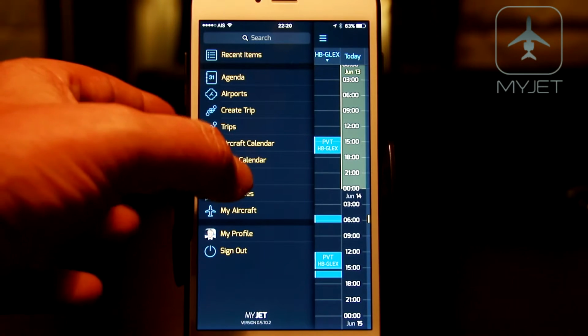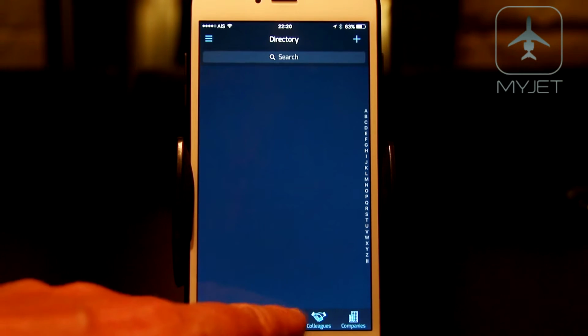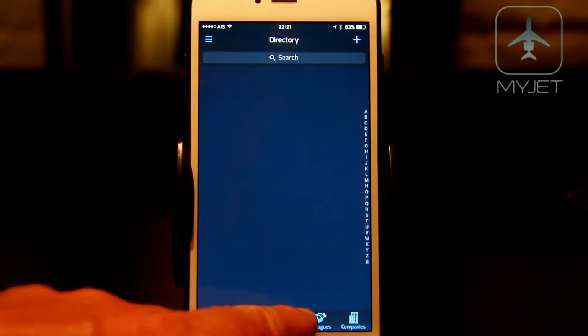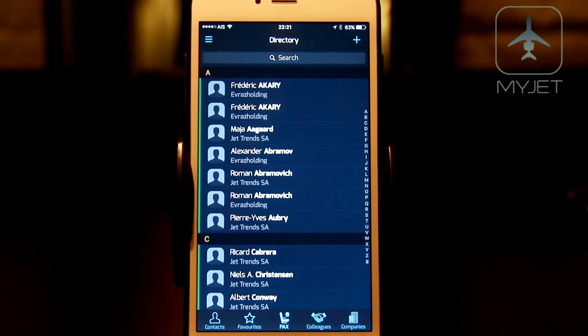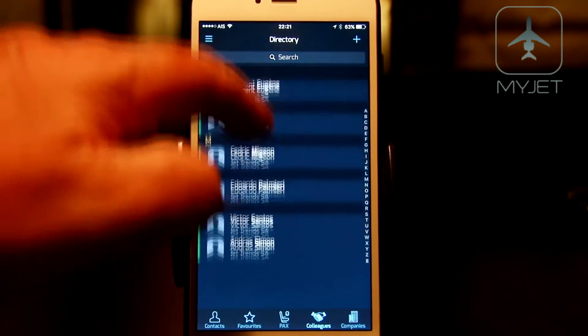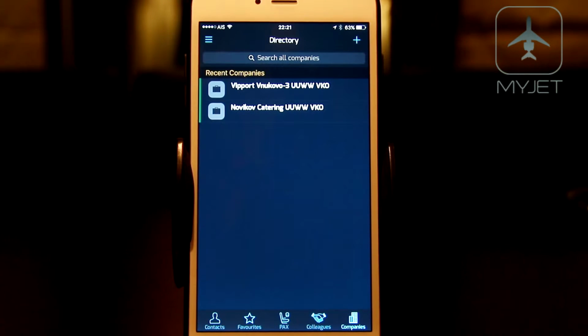So I'm going to go here now, and you'll see down at the bottom you got your contacts, you got favorites. I don't have any favorites yet. You got all the passengers. Oops, there you go. All the passengers that have flown on MyJet that you have access to. You have all your colleagues on MyJet, and then you have all the companies. Now, it's showing the recent. We don't want to show